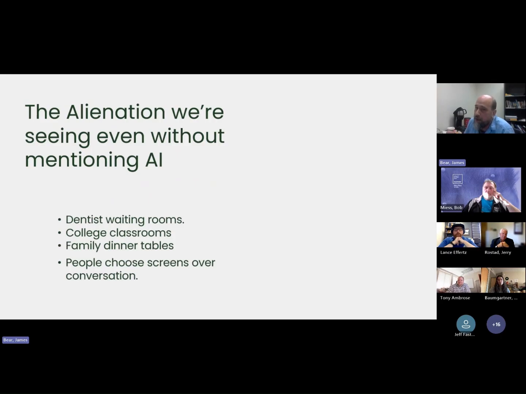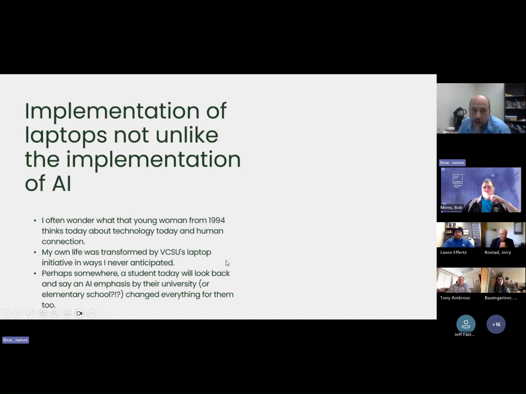And the thing that I talk about with this is, when we see our students choosing screens, what are they really communicating with? And we see this in the education world. We see this with Amira, which is an AI tool for helping students learn to read with fluency. And they're not having that human interaction. And I'm not sure where that goes eventually. But AI does have potential, I think, to alienate us, like that young lady said back in 1994.